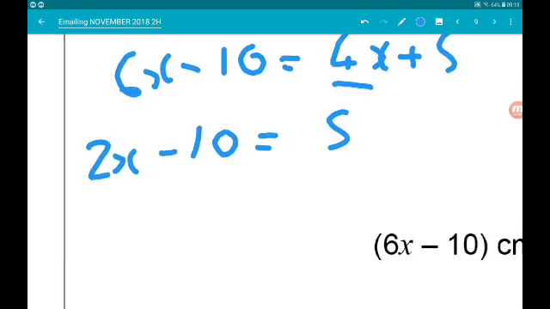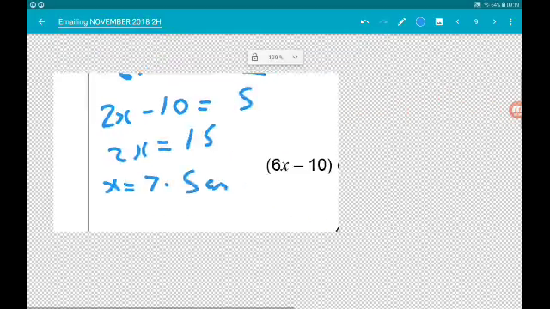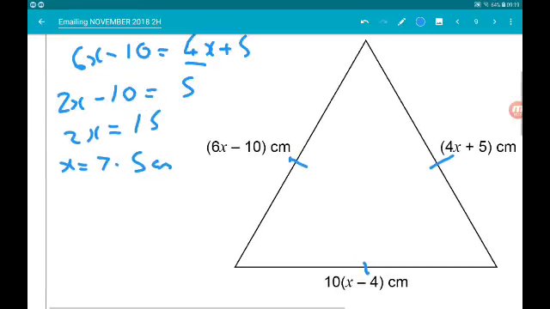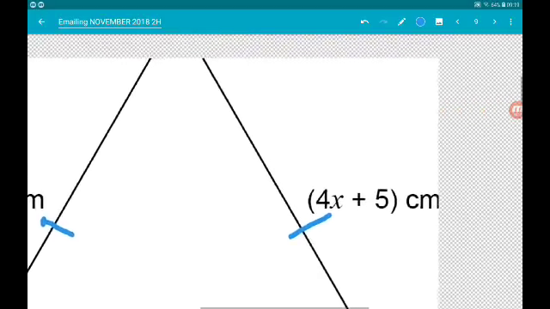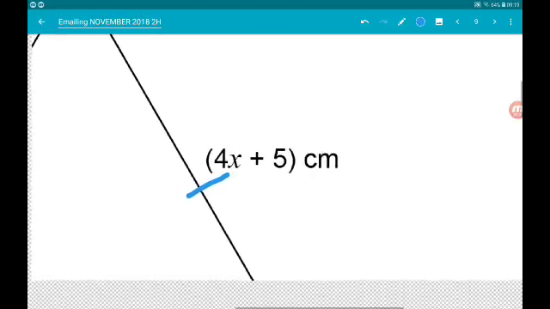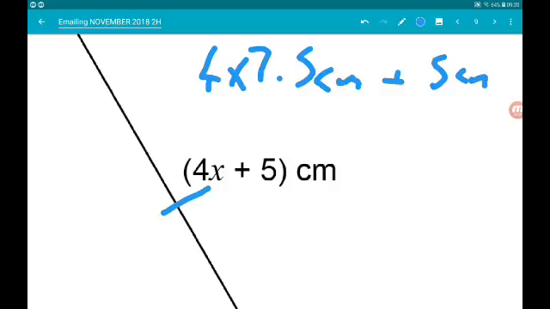Add 10, 2x is equal to 15, divided by 2, x is 7.5 centimetres. Cool. So, now that we know what x is, we can work out a side length. Now we can use any of the 3 sides. So I'm going to use this one because it's clearer over here. So 4 times 7.5 centimetres and 5 centimetres. It's going to give us